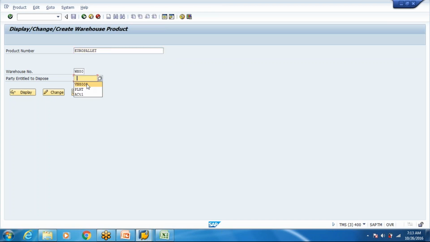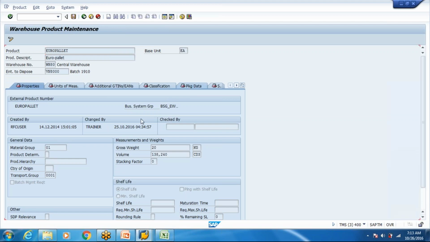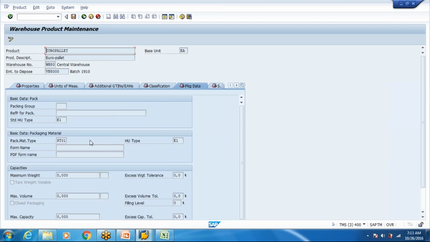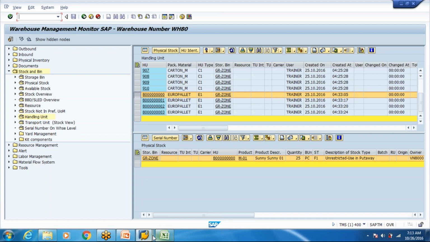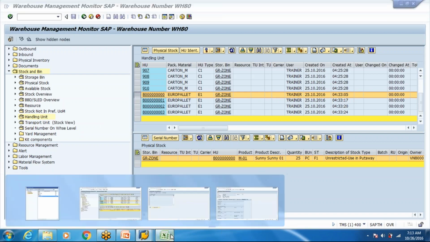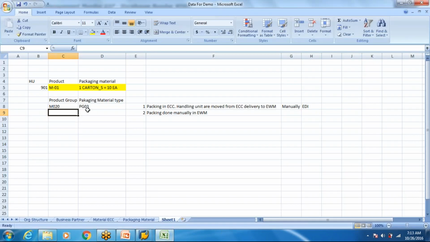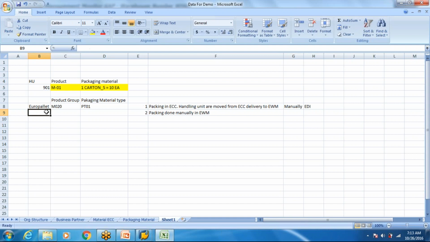Wireless, your palette. PT01, okay. Euro palette. Okay.